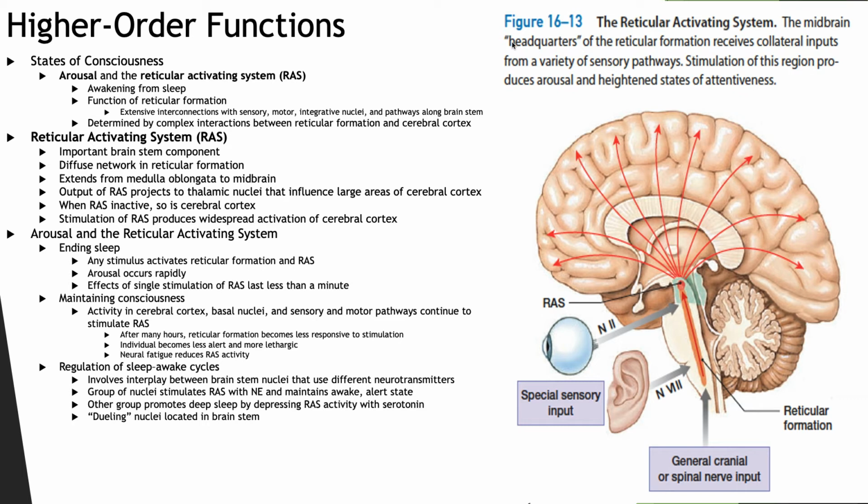Your state of consciousness results from a complex interaction between the reticular formation and the cerebral cortex. One of the most important brainstem components is a diffuse network in the reticular formation known as the reticular activating system, or RAS. This network extends from the medulla oblongata to the midbrain. The output of the RAS projects to the thalamic nuclei that influence large areas of the cerebral cortex. When the RAS is inactive, so is the cerebral cortex, and the stimulation of the RAS produces a widespread activation